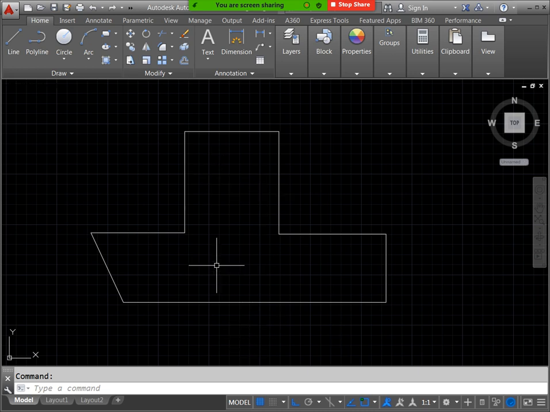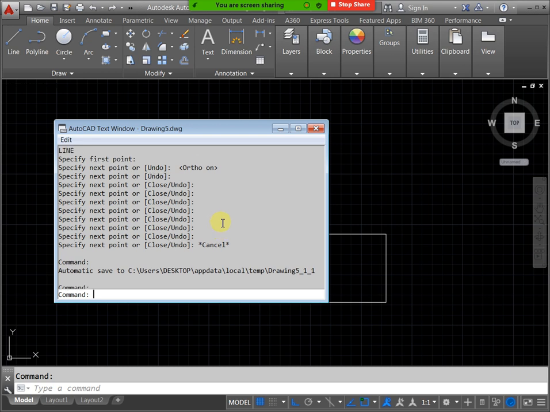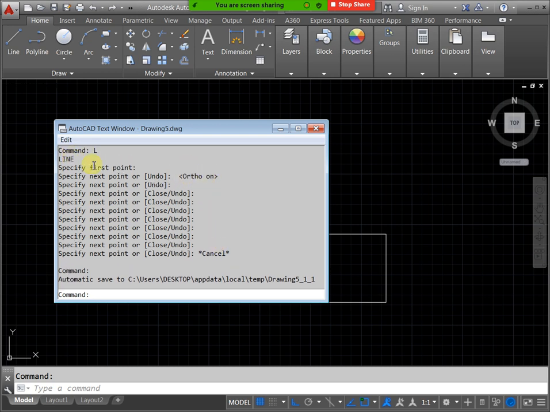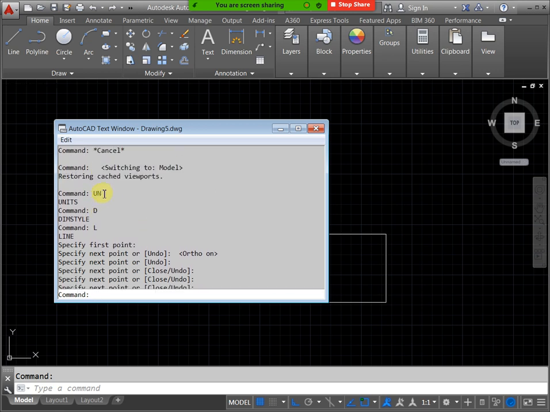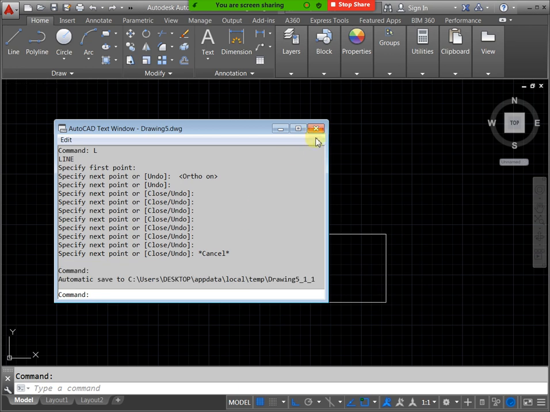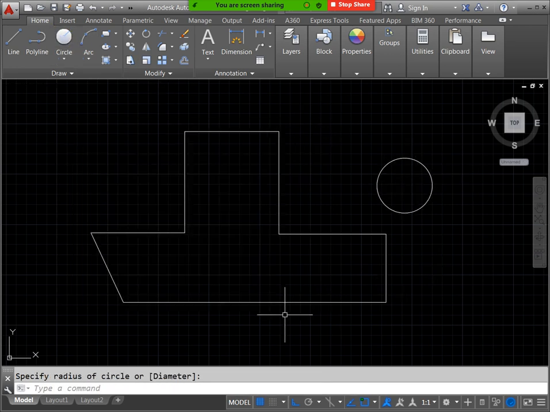We are on ortho now. We used our line. We set our units and dimensions. You can see all the data. For example, I will draw one circle. Okay, just you can press F2 now. Here circle command is automatically taken. This type of history checking purpose we are using this one. If you need any procedure, directly you can copy from here also.